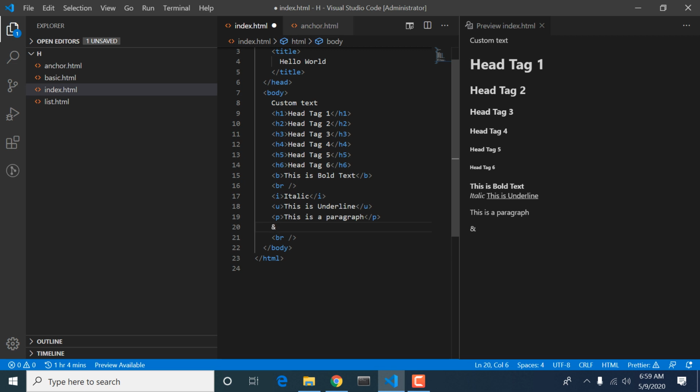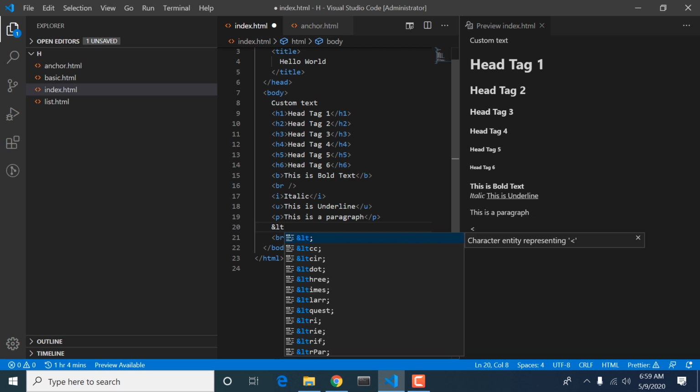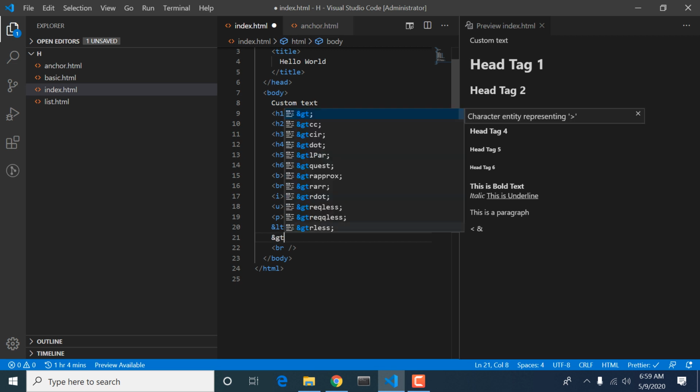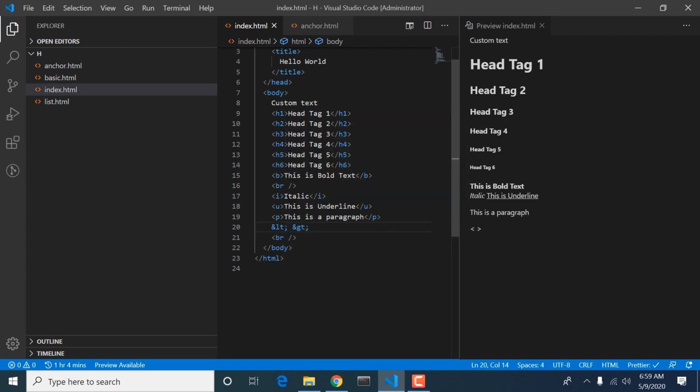If I write this tag, it is a greater than tag. The ampersand makes us escape some characters.